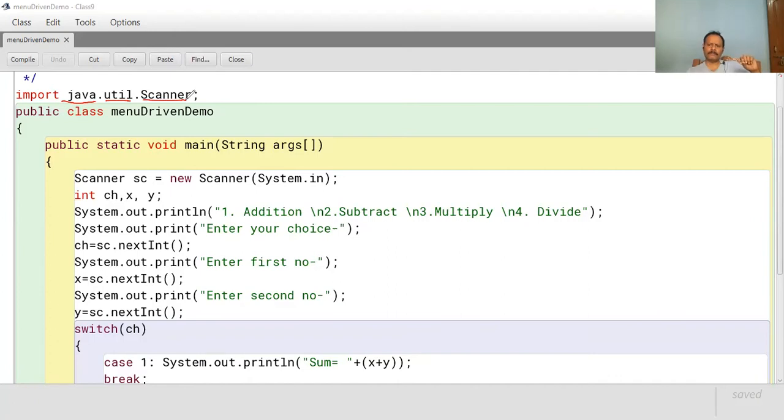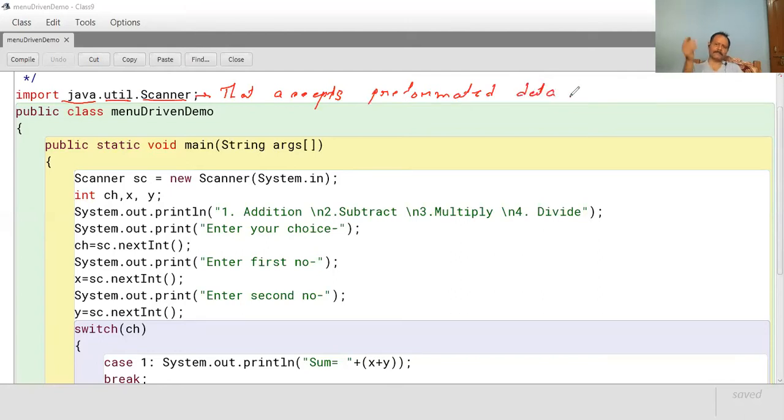Now, what is the function of Scanner? Scanner is the class that accepts pre-formatted data.